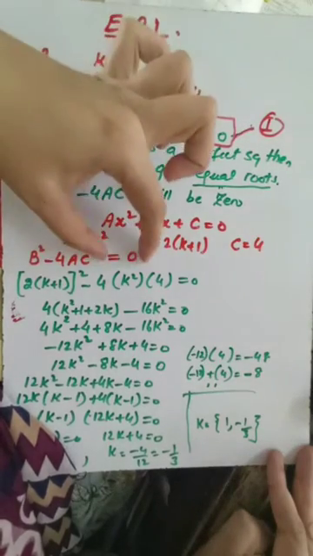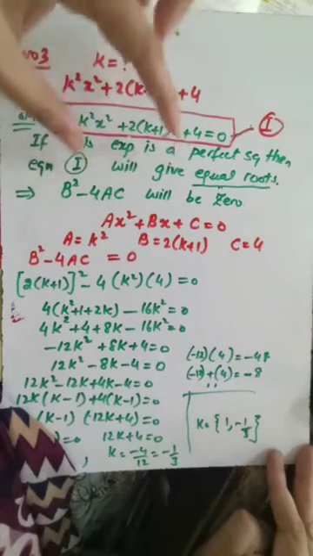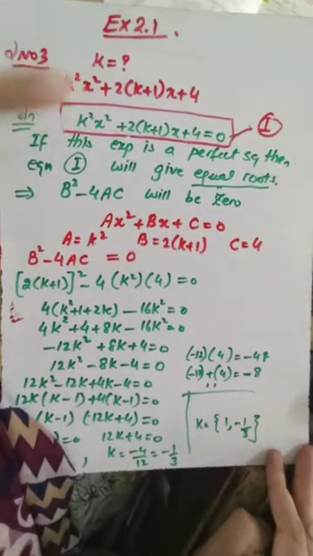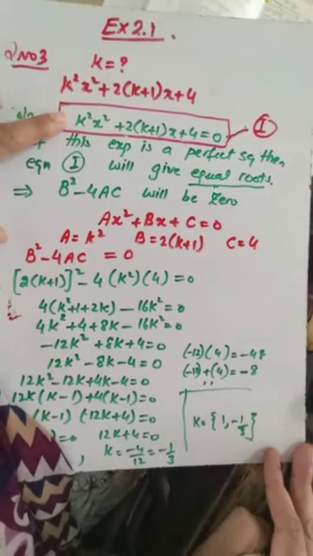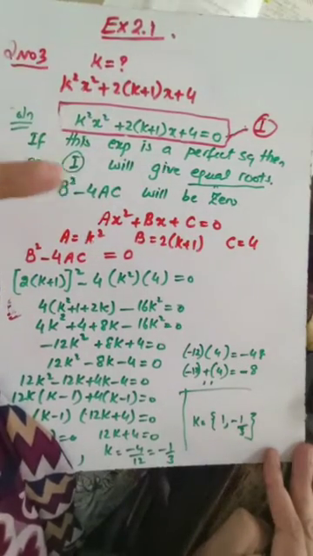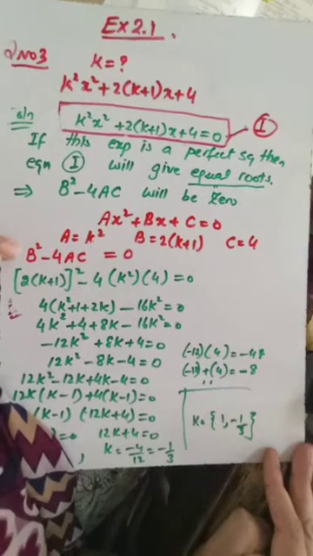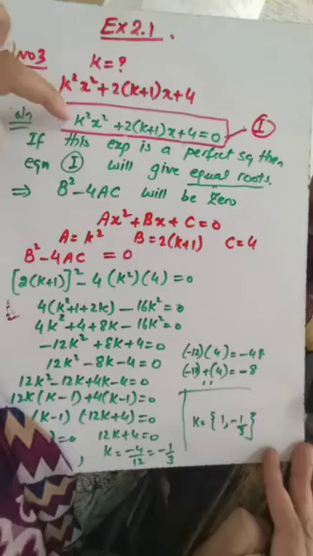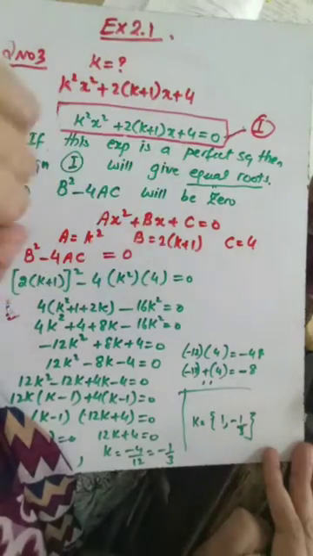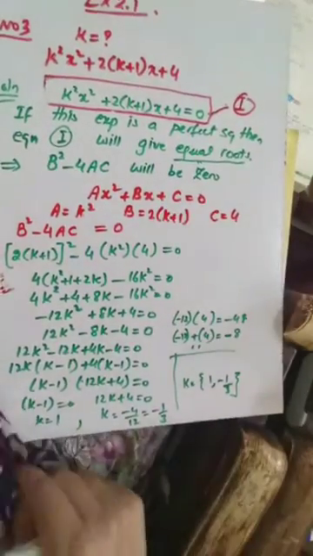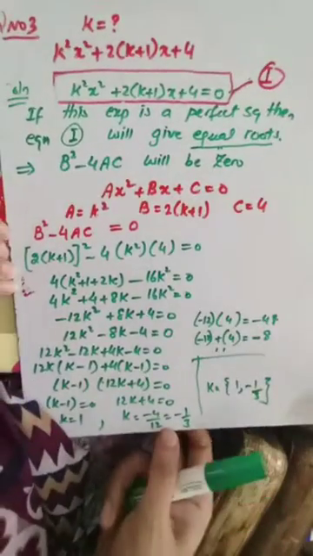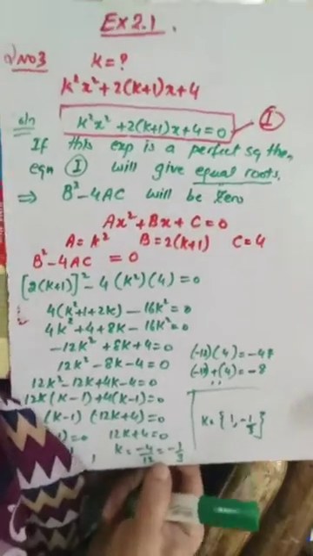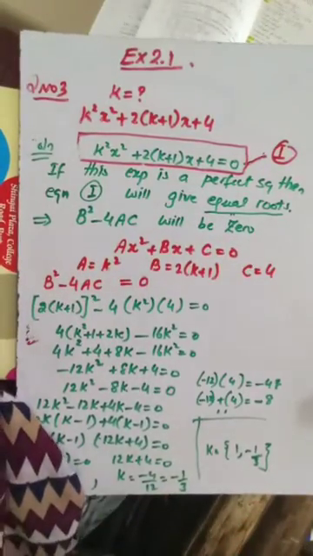So I made this discriminant equal to 0, which I obtained from this whole story, that b square minus 4ac should be equal to 0 for this expression to be a perfect square. For the roots to be equal, this discriminant should be equal to 0, and for the discriminant to be equal to 0, this expression which I have obtained by taking a, b, c from here should be equal to 0. So using this condition we found all the possible values of k which will make this a perfect square. So this completes the solution. Let's move to the next question.